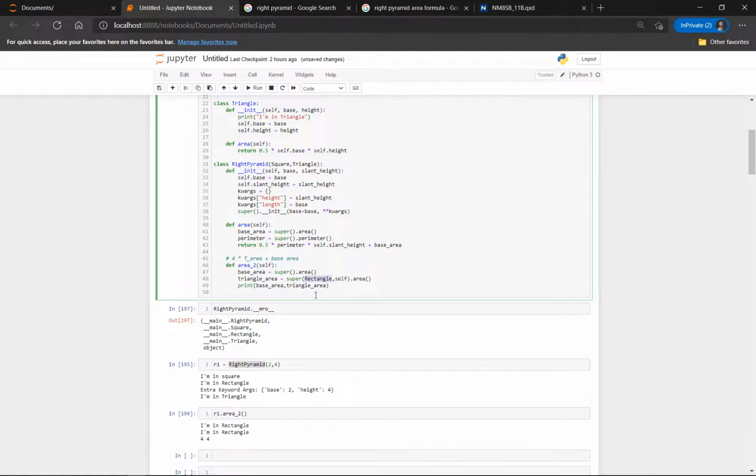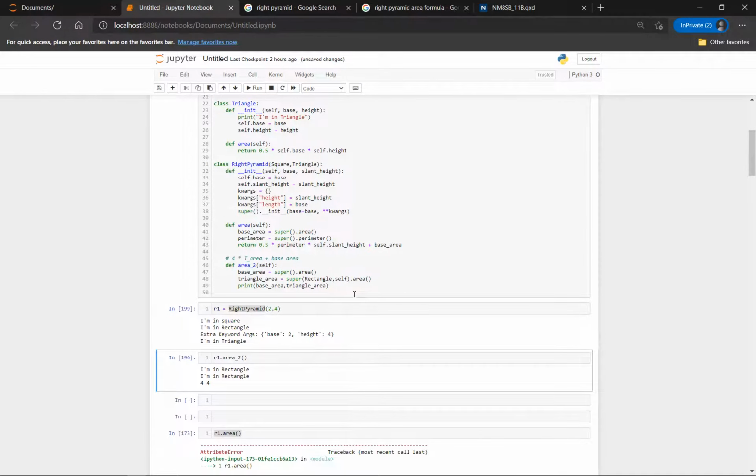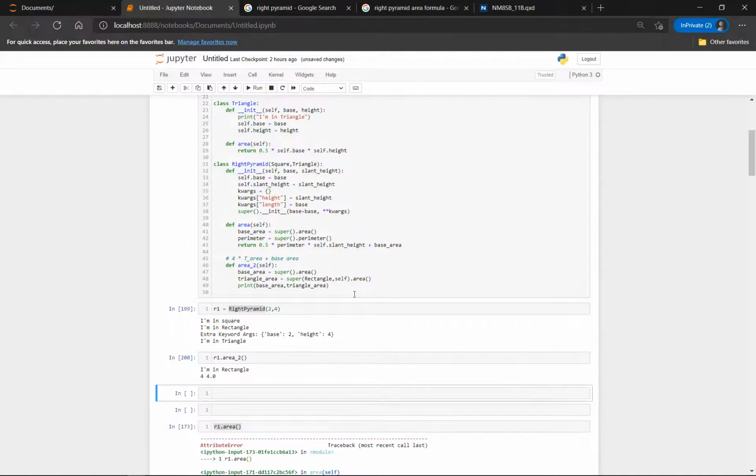This is an explicit way of basically saying, okay, start looking at the triangle. And if we get the instance again, we run the area 2 method, we see that